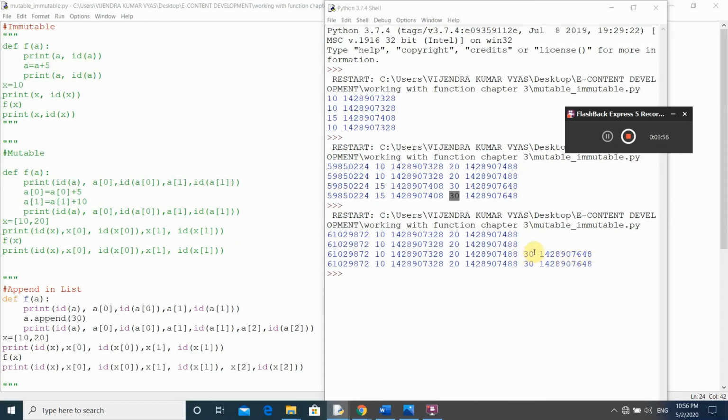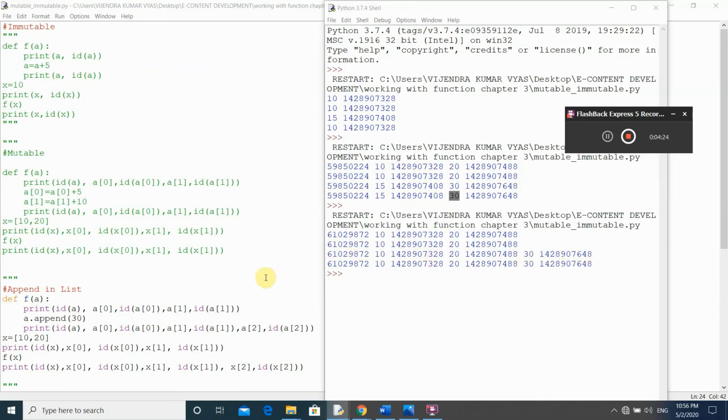The value of a of 2 is added in the list and the address of a of 2 is now 1428907648, meaning one pointer is now added for a of 2's value at this particular address.